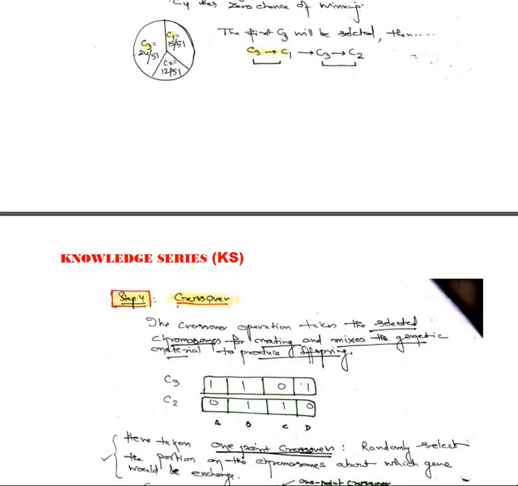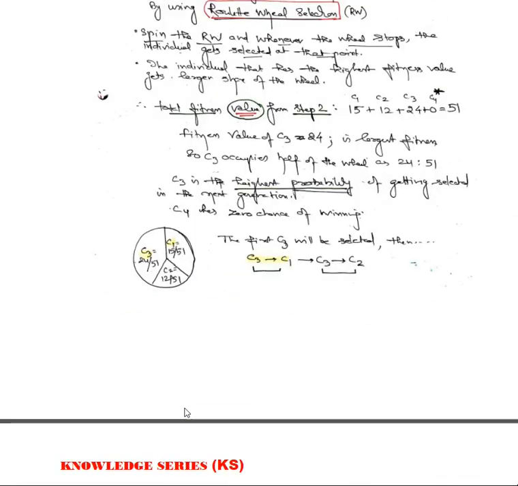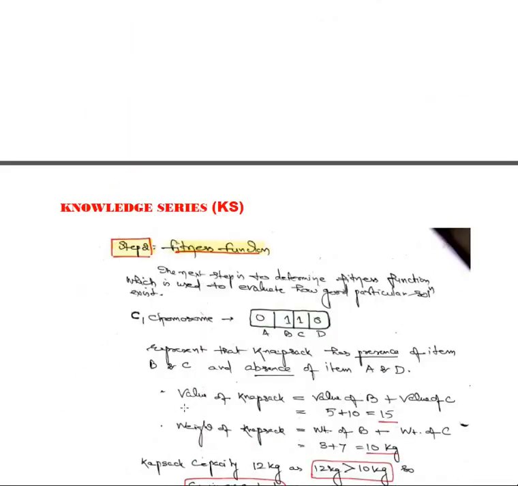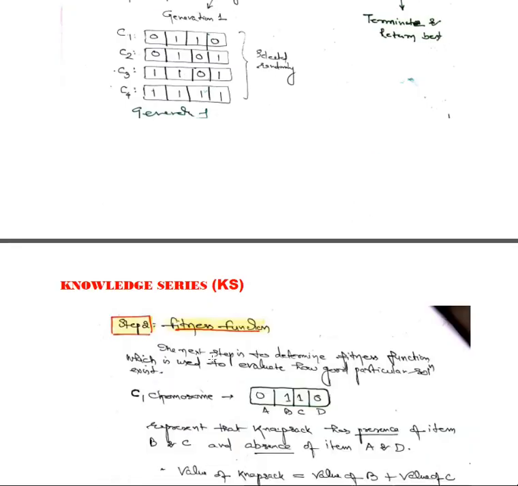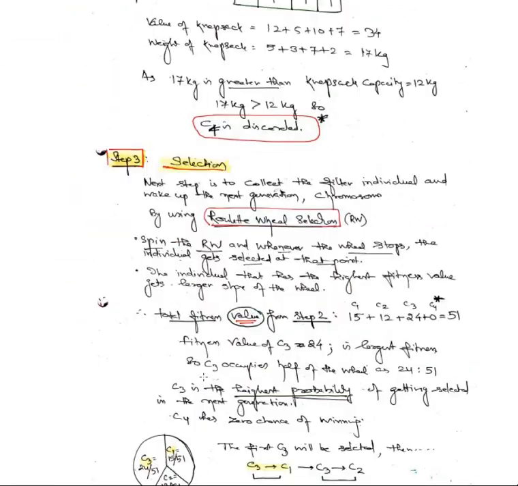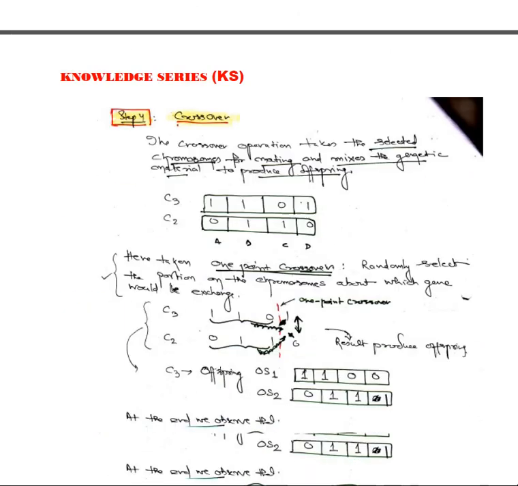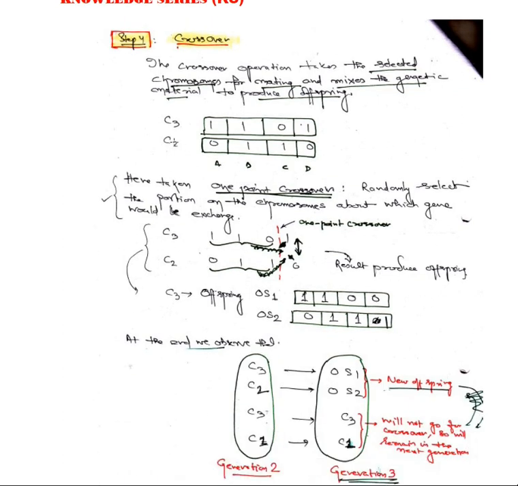Here this is not C2, this is C1, because if you are selecting this one, it is C1. How are you going to know? You can see this one. C3 is 1101 and the other is 0110, that is C1. So you can take C1 for your crossover, or otherwise you change the bit. Here this one is C1 and this one is C1, not C2. Now here we are going for a 1 point crossover, so we are taking a crossover at this point.